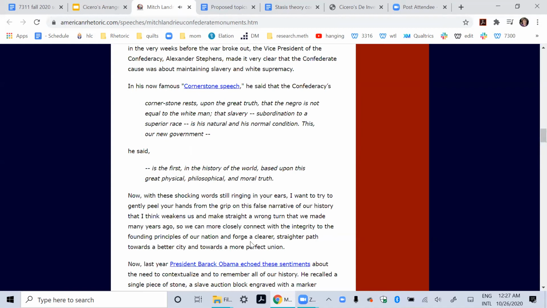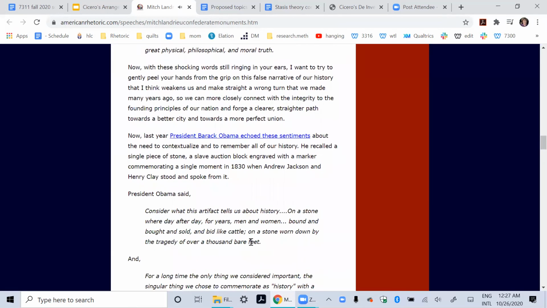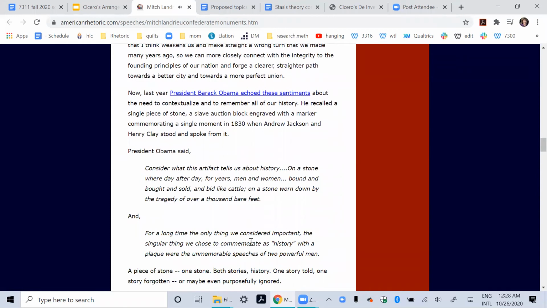Now, last year, President Obama echoed these sentiments about the need to contextualize and to remember all of our history. He recalled a single piece of stone, a slave auction block engraved with a marker commemorating a single moment in 1830 when Andrew Jackson and Henry Clay stood and spoke from it. President Obama said, "Consider what this artifact tells us about history. On a stone where day after day for years, men and women, bound and bought, sold and bid like cattle